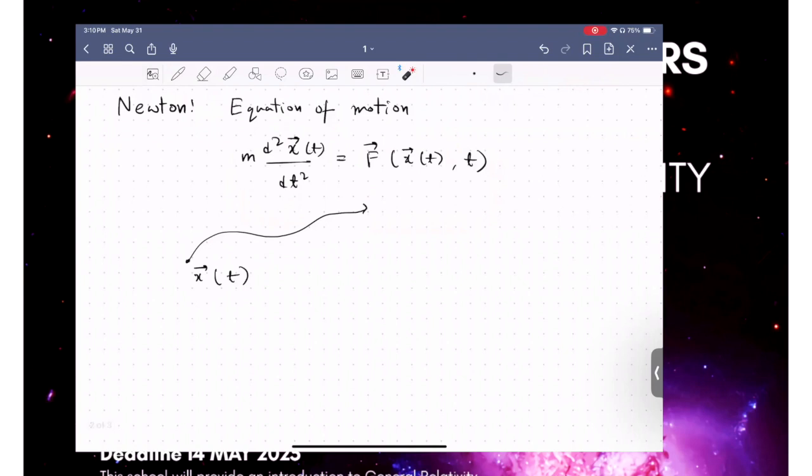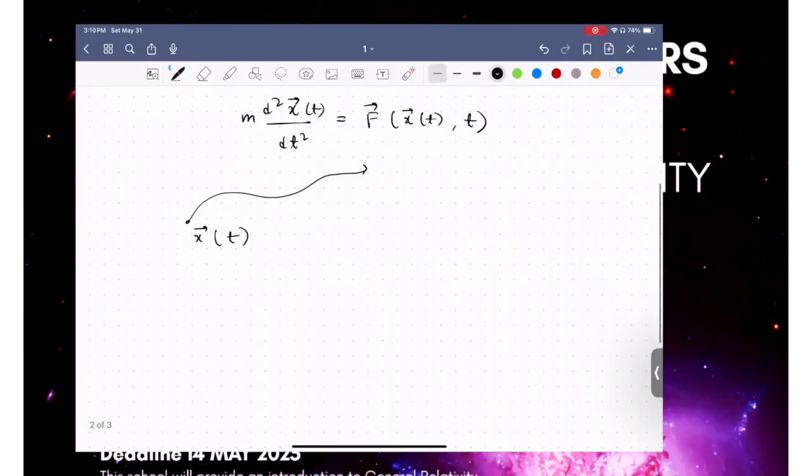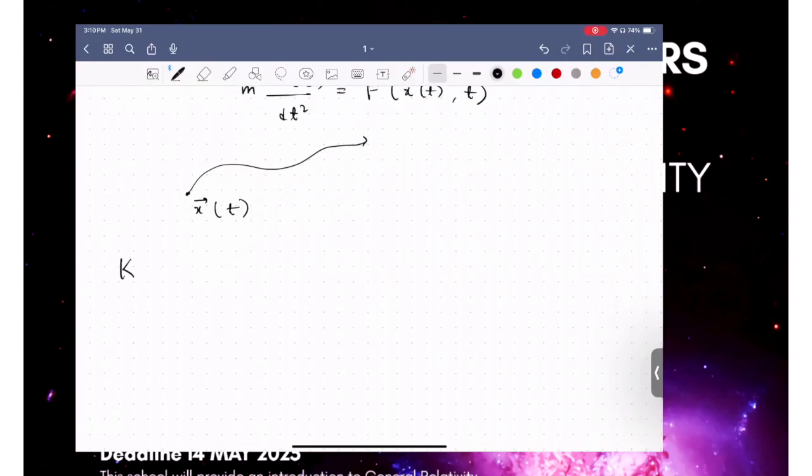So what are the ingredients of an equation like this? One ingredient is the position of the particle, which tells us where the particle is. There's this parameter mass, and then there's some force that compels a particle to move. So here, there are actually two different kinds of information. One is the information about the state of the particle, where the particle is, and any other parameter such as mass. And the other kind of information is this force, which is responsible for the movement of the particle. Okay. So one type of information, which is kinematics,